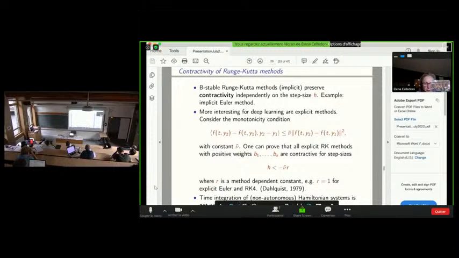In particular, for the Euler method and for the Runge-Kutta 4 method, this r is equal to 1, so one does not have to worry about it. Then, provided h is smaller than this constant, you have contractivity.